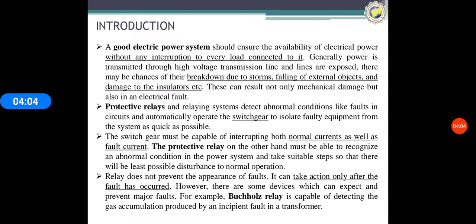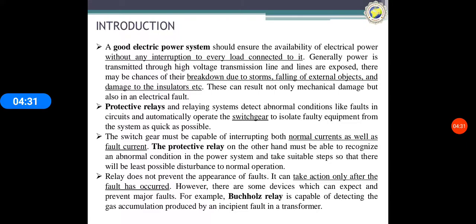The switchgear must be capable of interrupting both the normal current as well as the fault current. The protective relay, on the other hand, must be able to recognize the abnormal conditions in the power system and take suitable steps so there will be the least possible disturbance